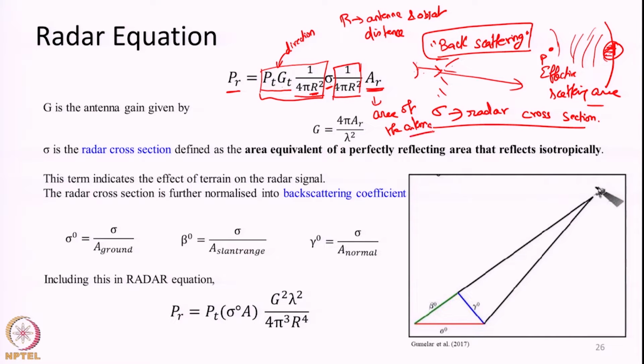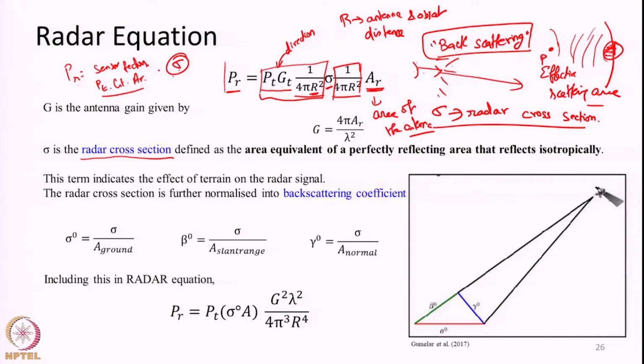Okay. So, if you look at this equation and divide it into different components like sensor and object characteristics, we can see that the power received depends on some sensor factors, that is the terms PT, GT, and AR, the area of the antenna, which are all sensor factors. The sigma, what we referred to as the radar cross section, actually defines the property of the object on the earth's surface